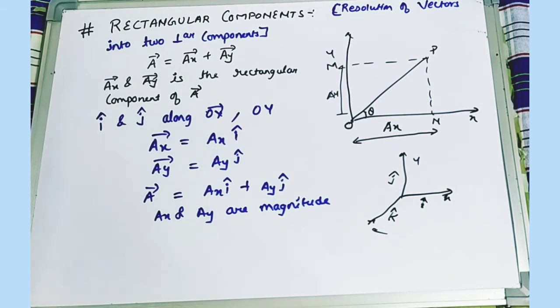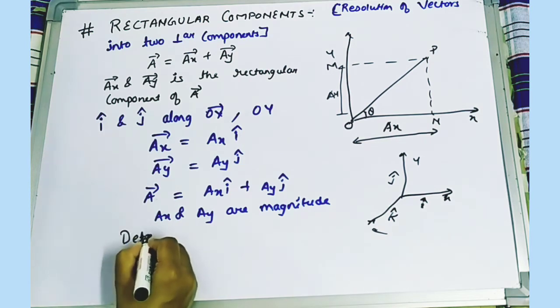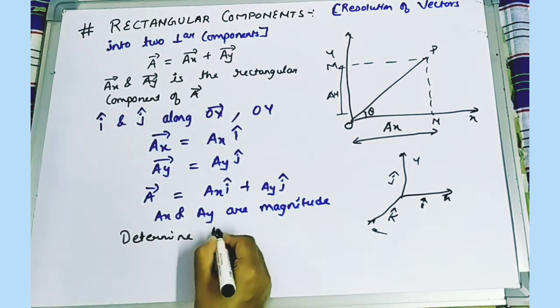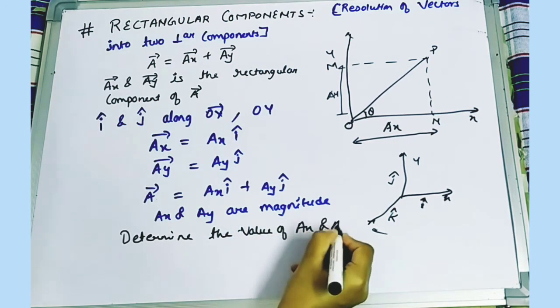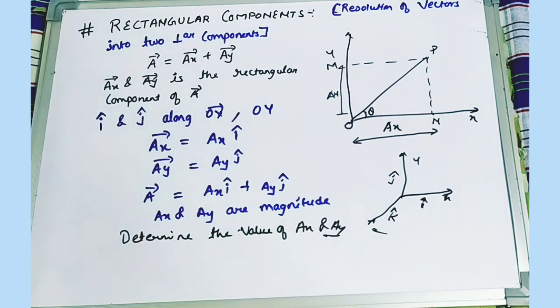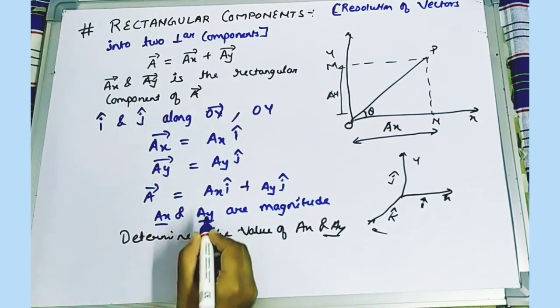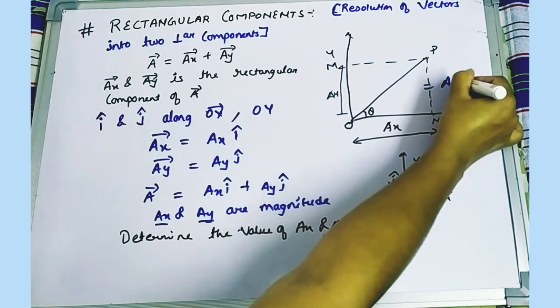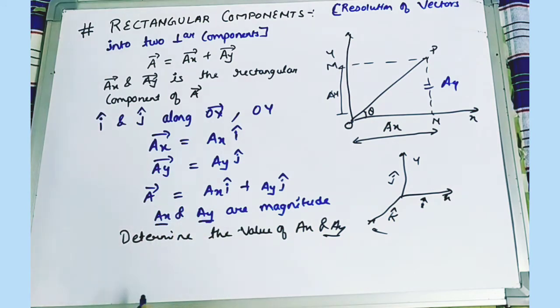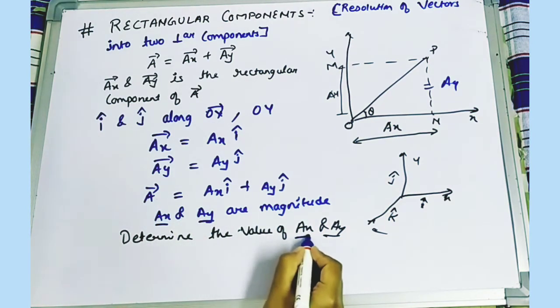Now we are going to find out the values of AX and AY. When you are going to do such problems, nobody is going to ask you to derive all these things, but you should know from where we are getting this. That's why we are doing it. So we need to find the values of AX and AY. If you see, we have AX here, this is AY, so this will also be my AY. If I use the trigonometric ratios, I will find the values of AX and AY.